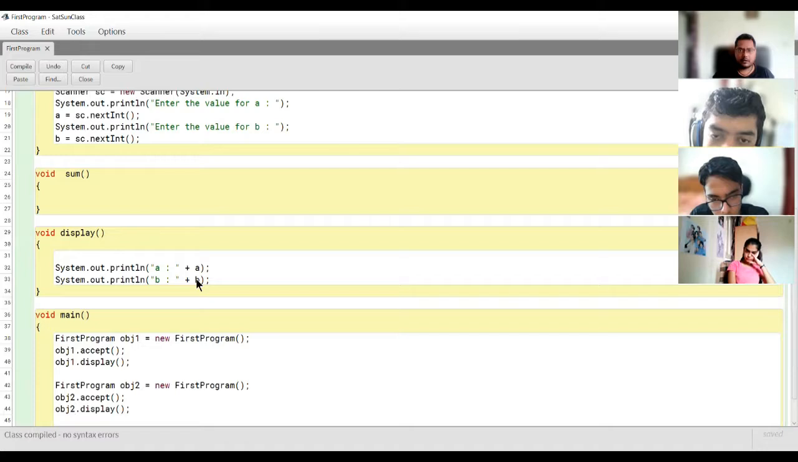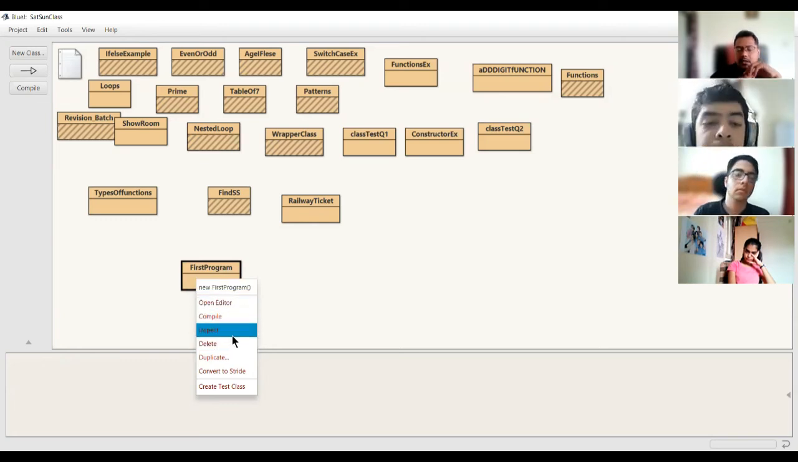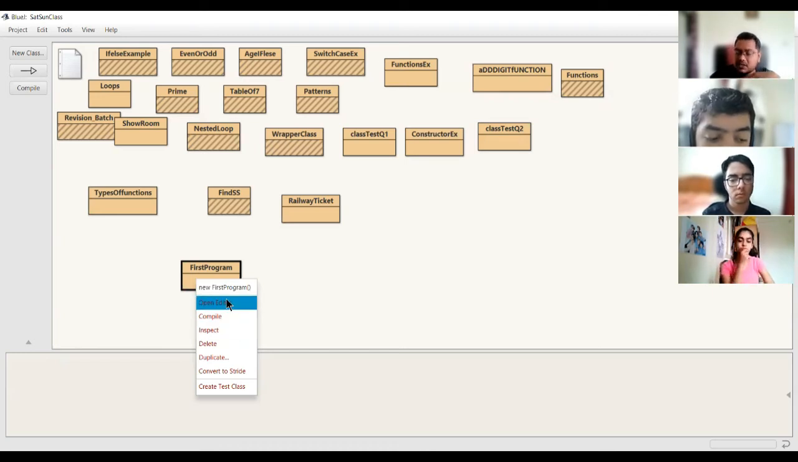Now I go over here. And now see, you can see over here that I don't see any main function getting displayed. Why? Because our function is not a static function, it's a non-static function, and a non-static function cannot be